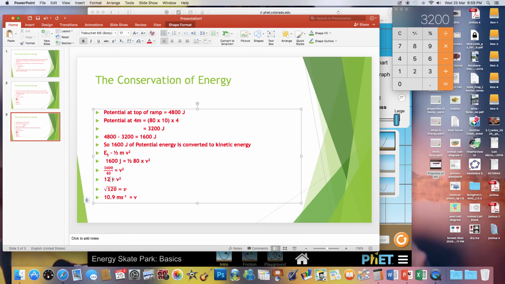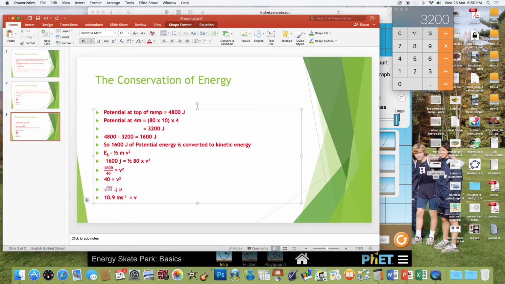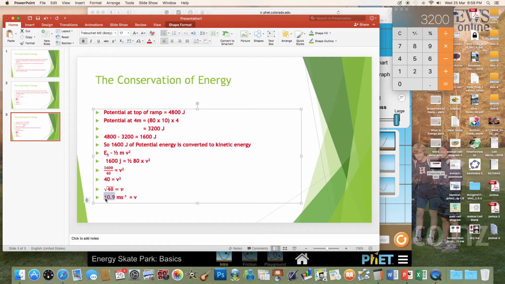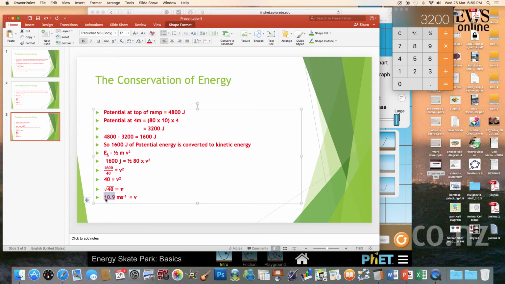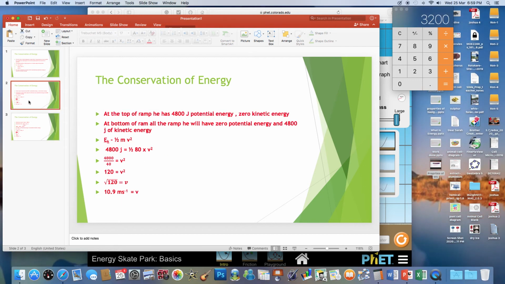Yeah, it will be 40. Don't need to do that one using the calculator. That's going to be 40 there, and the square root of 40 is approximately 6 point something or other. 6 sixes are 36, so about 6.4 meters per second. So he's gone from here 10 meters per second to